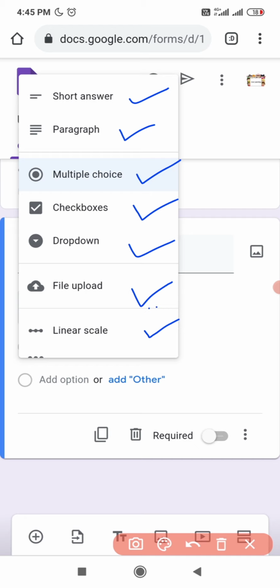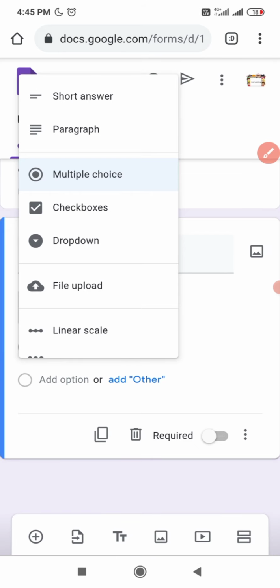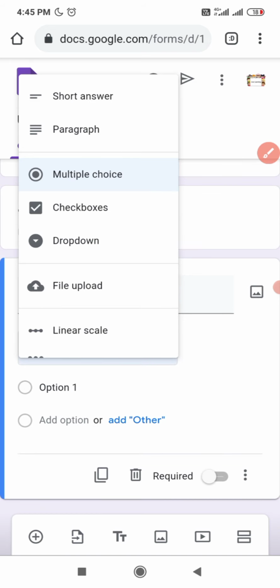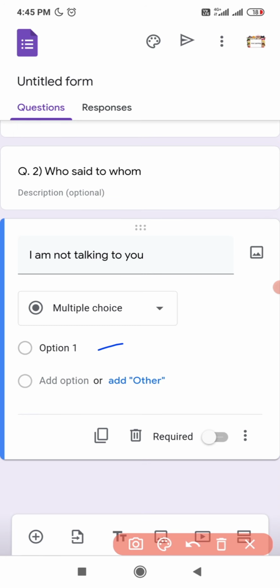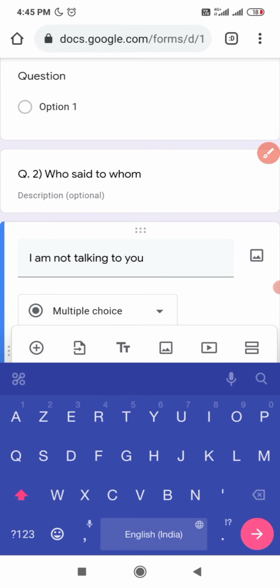All these different types of options are available for writing the answer. Now the teacher will decide which format she wants to give. So suppose I want to take multiple choice. As soon as you select multiple choice, one option button will come and another one will come, so that you can keep multiple options. So we are going to tap on them and put the options.